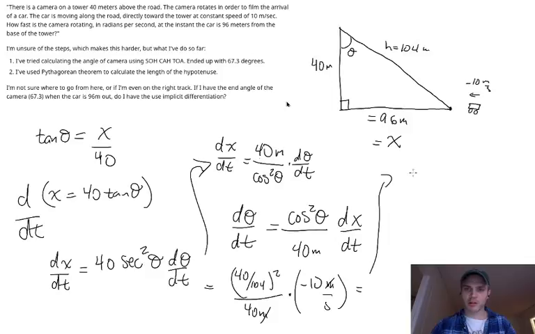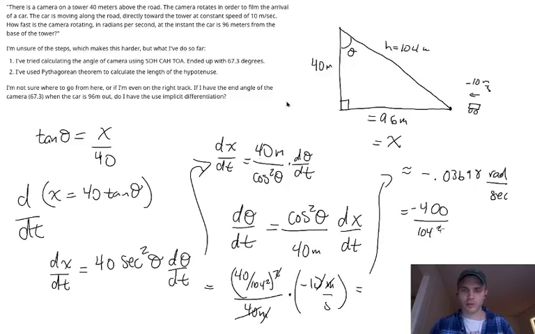All right, so here we go. Bringing this up here, this is approximately equal to negative 0.03698 radians per second. And actually, maybe we can just, boom, that'll go there. And actually, let's make this, one of these will cancel with that. So this is going to be equal to negative 400 over 104 squared,